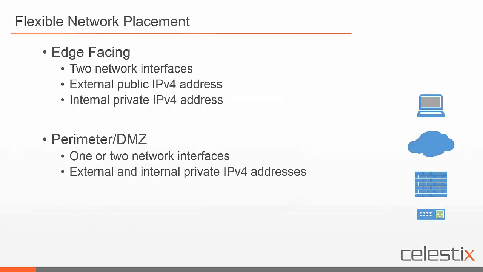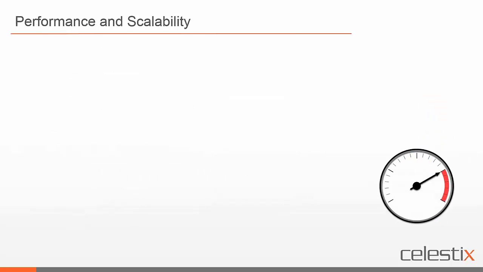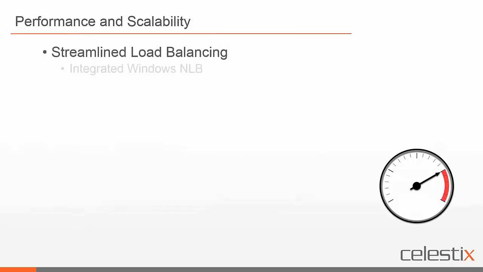You can use exclusively private IPv4 addresses on the internal and external interfaces, or just the internal interface if you're doing a single network deployment. And the advantage here, of course, is that you can leverage your existing network security assets to provide a high level of protection for your DirectAccess client. So that's extremely important. From a performance and scalability standpoint, the solution supports streamlined load balancing,